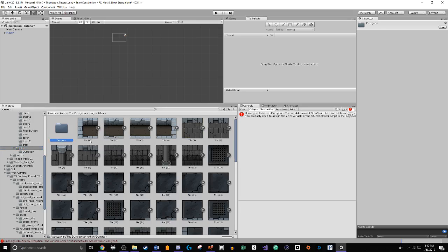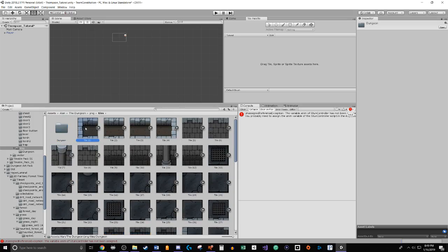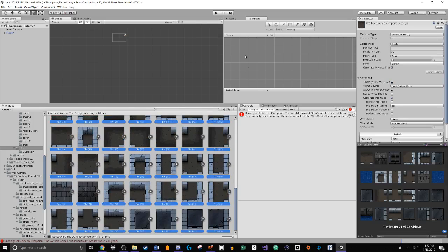Now, this is the bummer part. Because it's not one big piece of paper, I have to move every single piece in individually if I want them to look nice as I put them in. Or I can grab all of them, again, putting them in my tutorial one. When I drag them and drop them in,